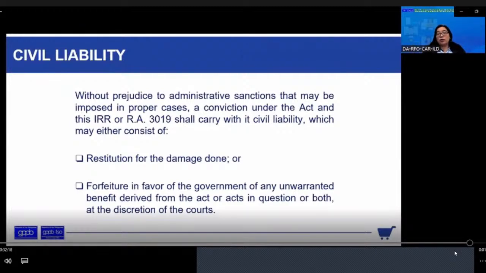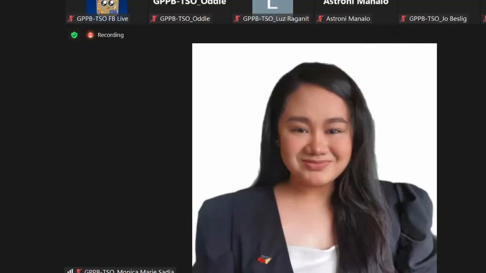So you hear this usually, that sinasabi nila in criminal cases, there is always a civil liability, or there is a civil liability that is involved, no? And this may consist in the restitution of the damage done. No? Ibig sabihin, ibalik niya, restitution, di ba? Ibalik niya yung damage na yan, or iayos niya. And the second,